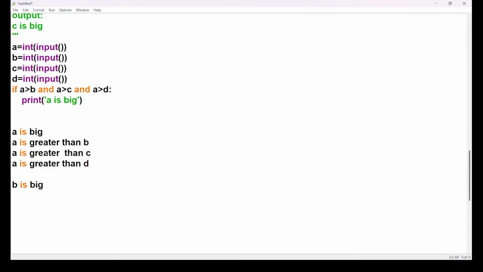అంటే ఇప్పుడు ఇందాక చెప్పిన దాంట్లో A, B, C, D లో A అనేది బిగ్ కాదని మనకు తెలిసిపోయింది. Ultimately have to check in B and C and D. So for B you have to check B is greater than C. B is greater than C. Only B can check with these two variables only. B greater than D. In case B is compared with C, compared with D, if both conditions are true,